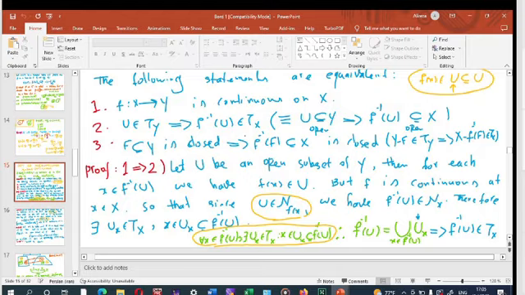For any x in this set, we have this Ux, so the inverse image of U is equal to this union. For any x in this set, there exists an open set with this property. The union of these sets is equal to this, so this is an open set, and therefore this is a neighborhood.